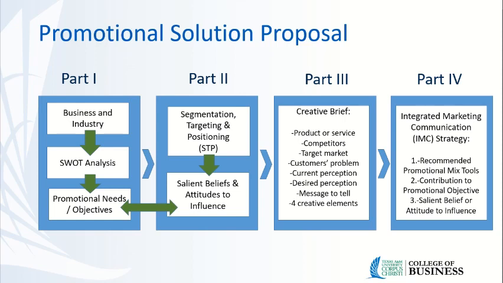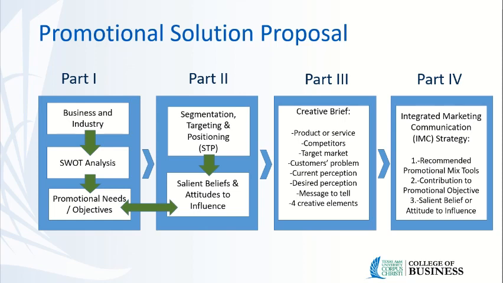What is the current perception that the public has, and what is the desired perception, right? Which is regarding salient beliefs and attitudes to influence. Here in this creative brief, you will just synthesize it. What is the desired perception? Well, in order to have that perception, you will have to tell a message. What is the message you're going to tell? You have to say that here briefly, and the 4 creative elements. The creative elements,